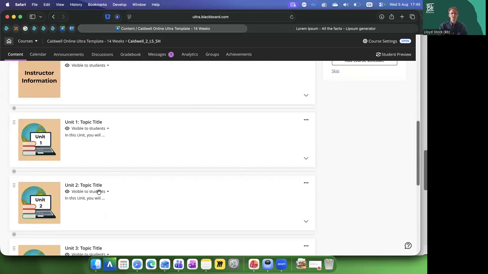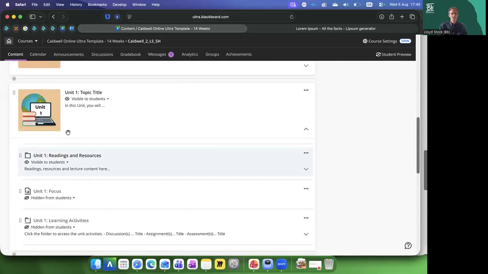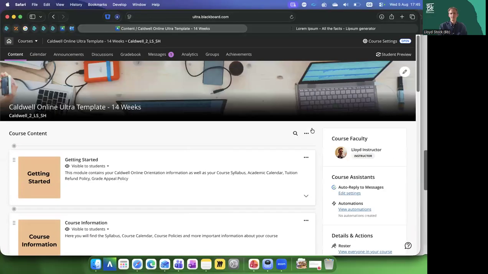So what Dominic is saying is that we don't want to have to go on all these items individually and change the visibility. If you scroll back up to the top of the course and you tap on the three dots, the options button for the core settings, this is going to allow you to do batch edit. And there are a number of different types of batch edit, but one of them is visibility. So we tap on that